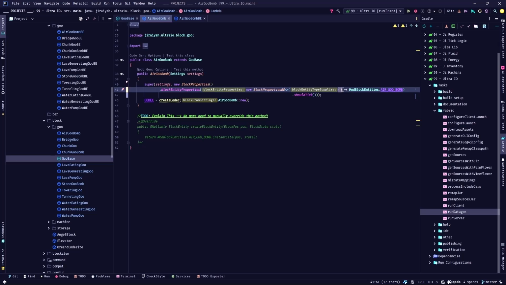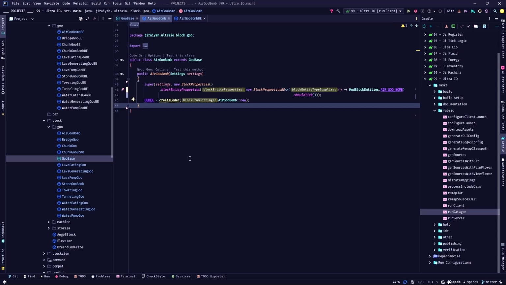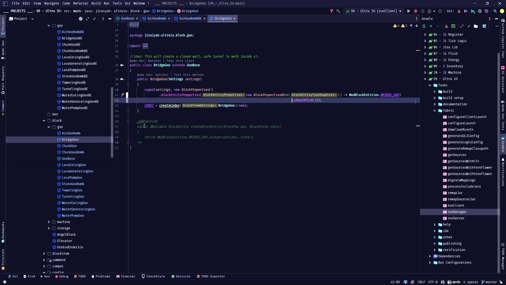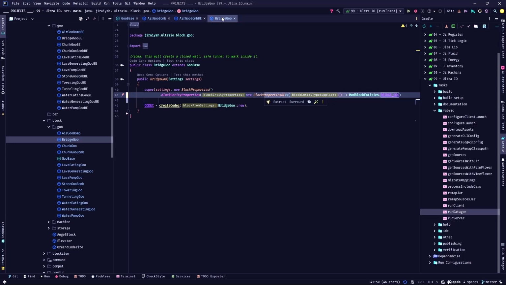We are supplying our type, and after this, when we finish the parenthesis, we say, hey, these properties flag the should tick to true. So we don't need to instantiate our block entities anymore in any of our blocks. See how easy and fantastic it became? I could then get rid of this because each block is instantiating its own type of block entity, but